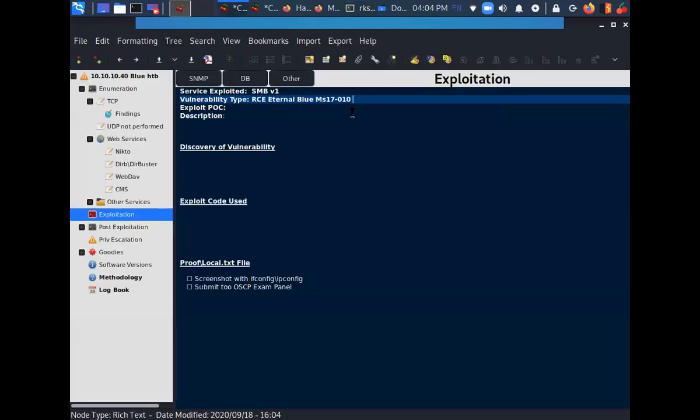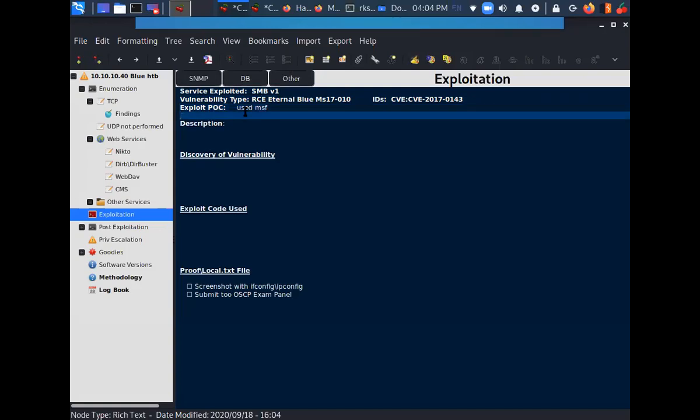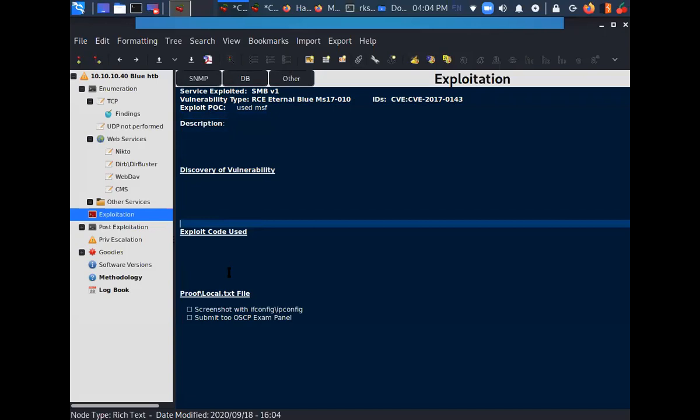Okay. Exploit POC, used MSF. Okay. Exploit description, what it was, how I used it.